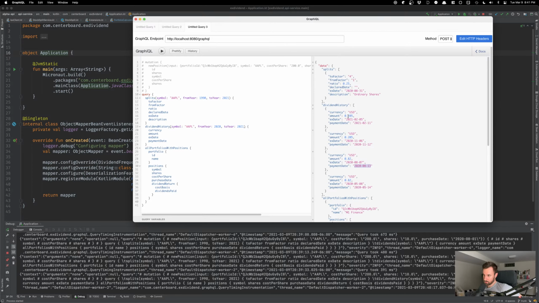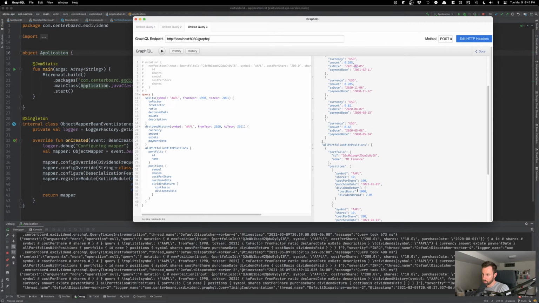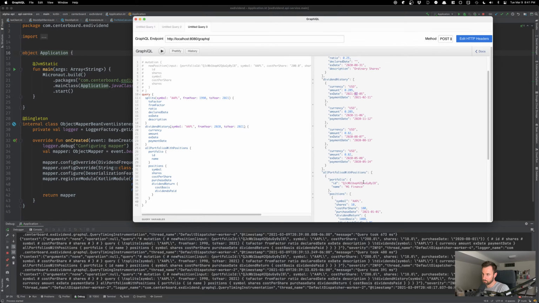Right? So you can see here, paid on the 13th, it's going to split and then it's going to pay the 11th and then February. So I'm going to set the purchase date of these shares to be on